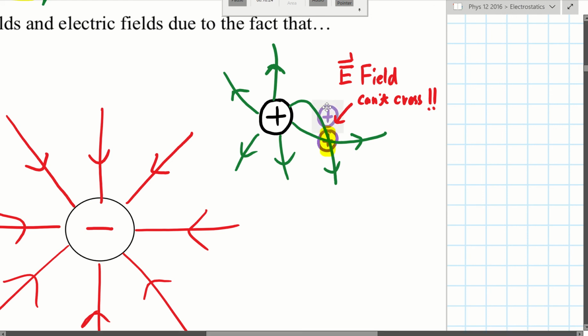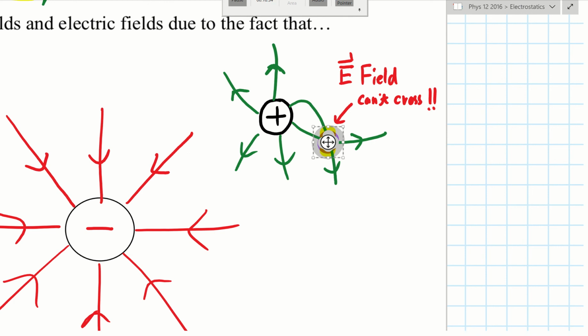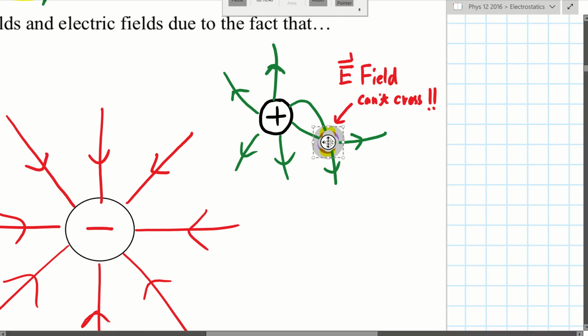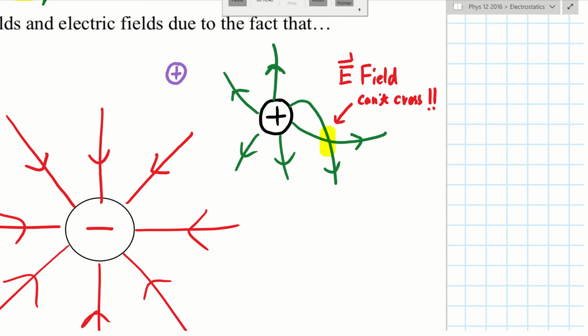So electric field lines can never cross, because that little positive charge has to have a destination that's predetermined from the initial condition that we put it in. It cannot result in something where it has to guess which way it goes now or which way it goes later on. So any electric field diagram that has electric field lines that are crossing is automatically wrong. Okay, all right, so we just go over an example